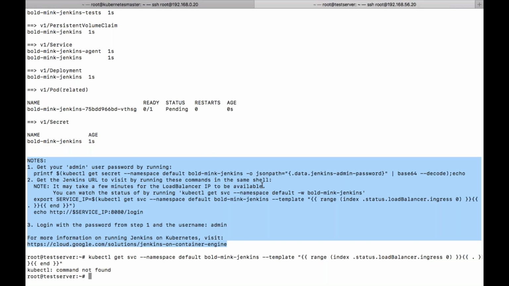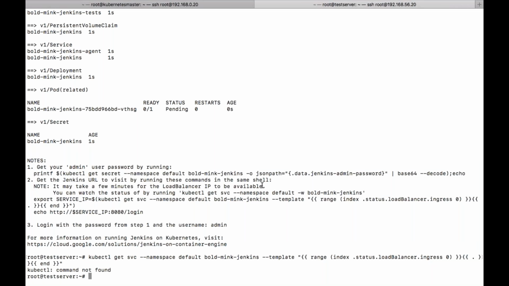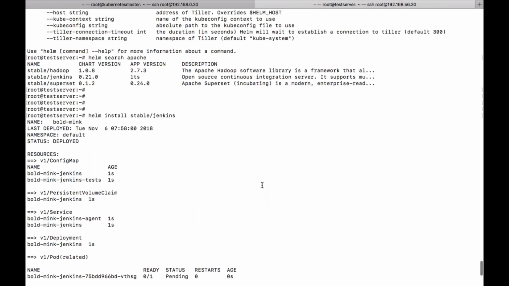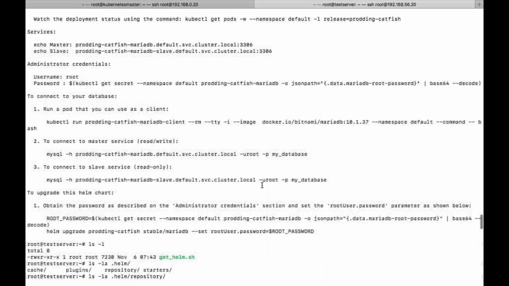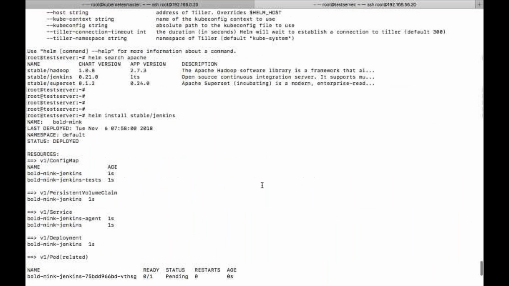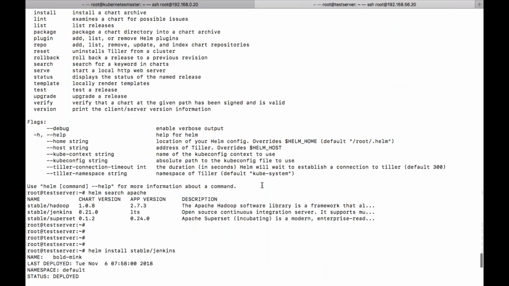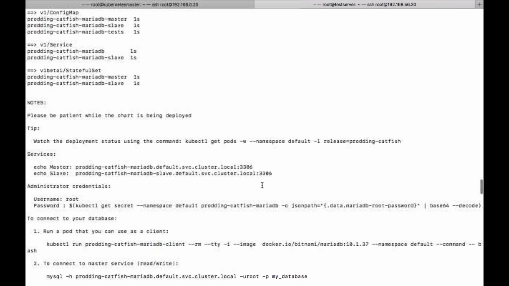Apart from this, I think these are the experiments which I can show you. Jenkins installation in real time, which is the tool we use most for CI/CD, continuous integration and continuous deployment. And then I've shown you the MariaDB installation. Everything is the same.